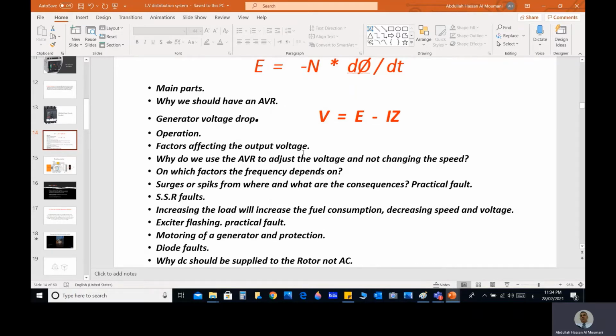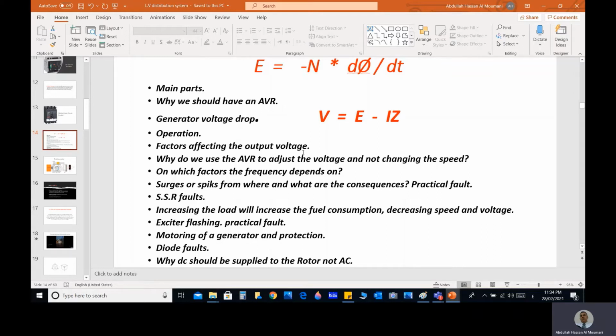We will discuss also why we should have AVR on any generator, and we will explain what the meaning of generator voltage drop. We will explain also the factors affecting the output voltage of the generator, and also the factors on which the frequency depends on. Also, we will explain the SSR, which is the surge suppression resistor, operation, and the possible faults,